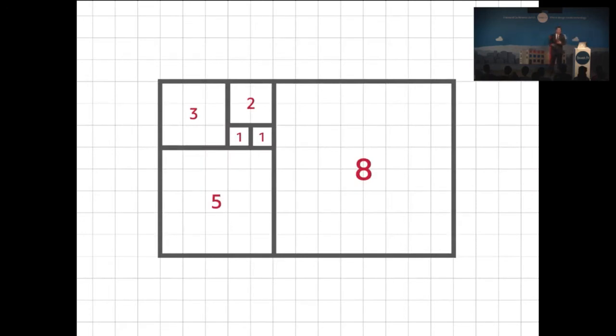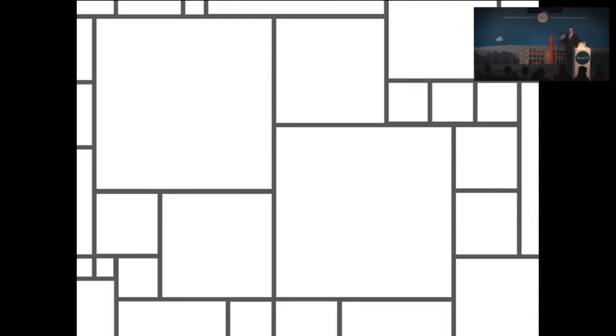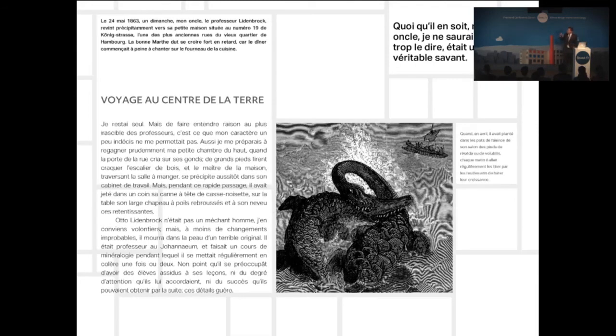And we can actually create layouts using squares where the size corresponds to these Fibonacci numbers. At first glance, it looks to be some random arrangement of squares. But we can quickly turn that into a layout that's visually distinctive when we compare it to what we see on much of the web.